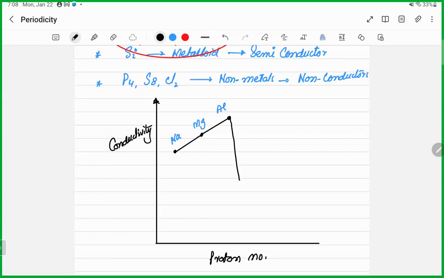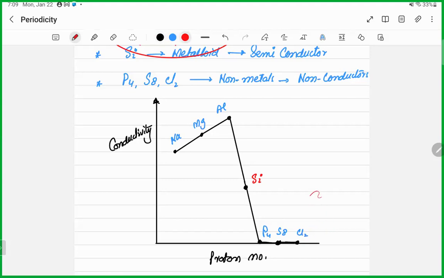then you have somewhere here silicon being a metalloid semiconductor. ठीक है, and then you have phosphorus, sulfur, chlorine, नॉन कंडक्टर। देखिए मैंने बेस लाइन पे ड्रॉ किया, कंडक्टिविटी जीरो, तो लिटरली दे हैव अ जीरो कंडक्टिविटी। ठीक है, तो ऑलमोस्ट आपको बेस लाइन पे ही ड्रॉ करना है इन तीनों को।